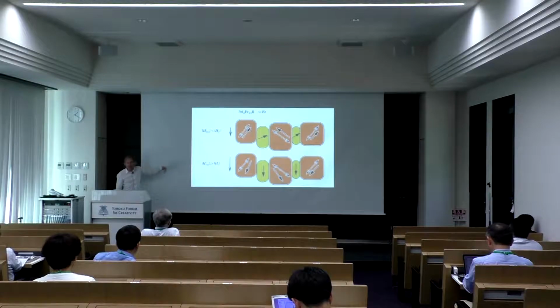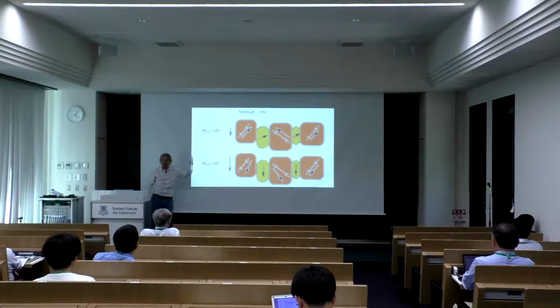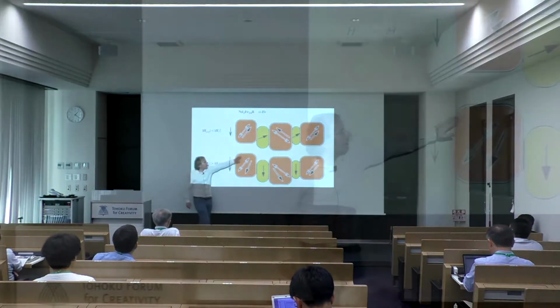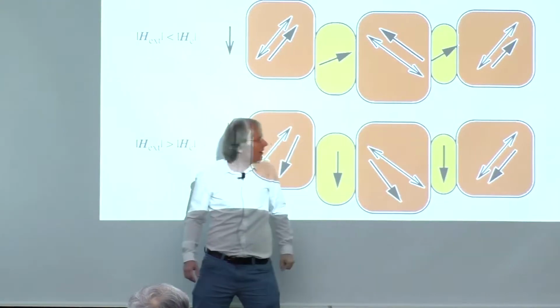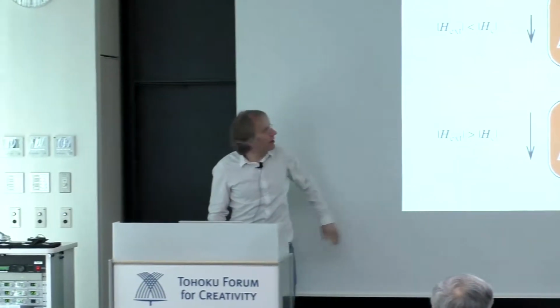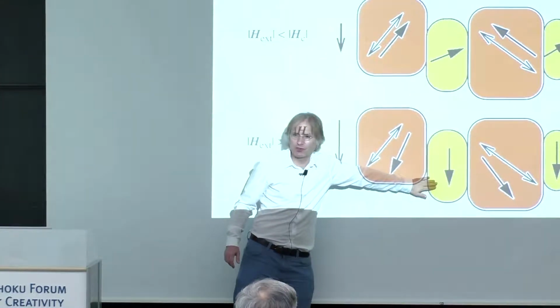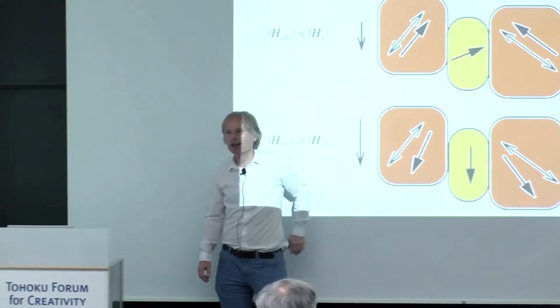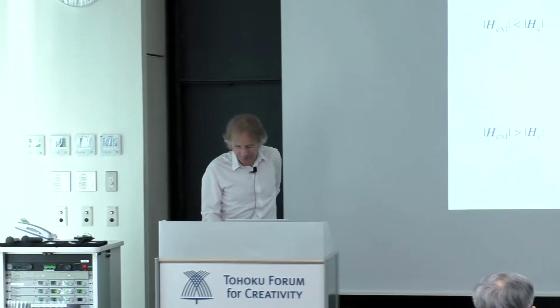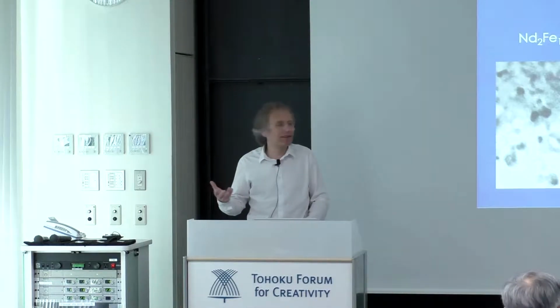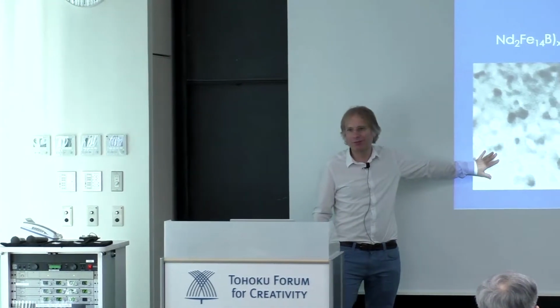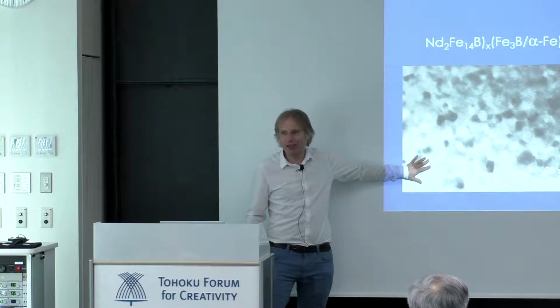If we now apply a negative field, then the soft magnetic moments rotate out of the alignment direction, and eventually the soft magnetic grains fully reverse, and by exchange coupling also the neighboring hard magnetic grains will reverse. So based on this idea, we can make permanent magnets with a very small granular structure where we have a